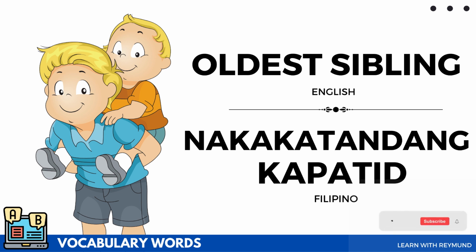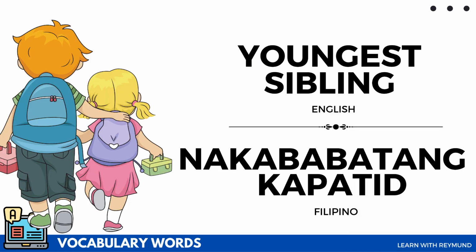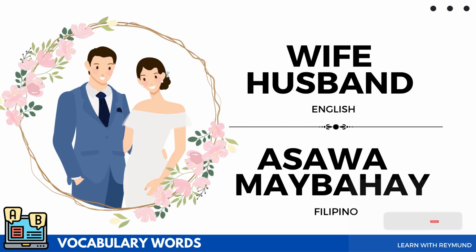Oldest sibling is nakakatandang kapatid. Oldest sibling, nakakatandang kapatid. Youngest sibling in English, while in Filipino, it's nakababatang kapatid. Youngest sibling, nakababatang kapatid. In English, you say husband or wife, while in Filipino, it can either be asawa or